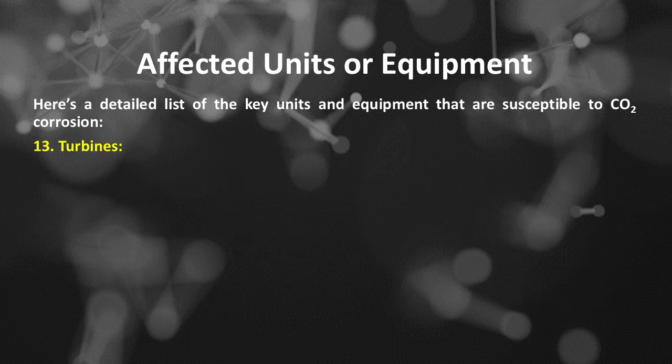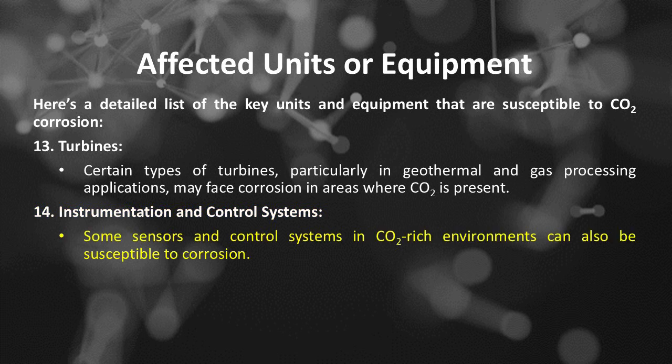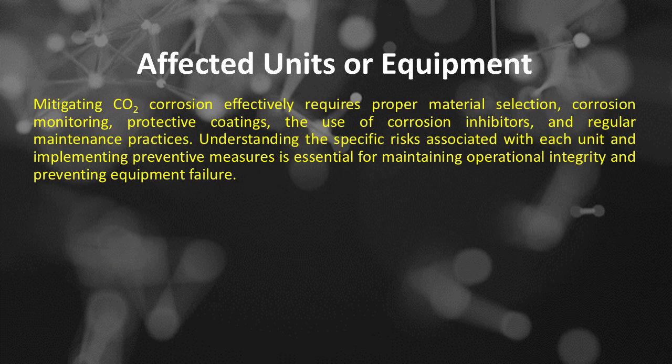Number 13 is turbines. Certain types of turbines, particularly in geothermal and gas processing applications, may face corrosion in areas where CO2 is present. Number 14 is instrumentation and control systems. Some sensors and control systems in CO2-rich environments can also be susceptible to corrosion. Mitigating CO2 corrosion effectively requires proper material selection, corrosion monitoring, protective coatings, the use of corrosion inhibitors, and regular maintenance practices. Understanding the specific risks associated with each unit and implementing preventive measures is essential for maintaining operational integrity and